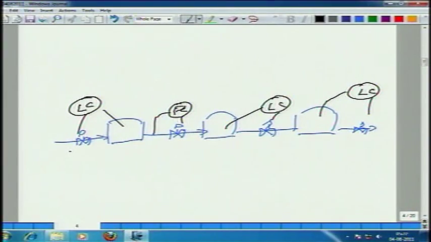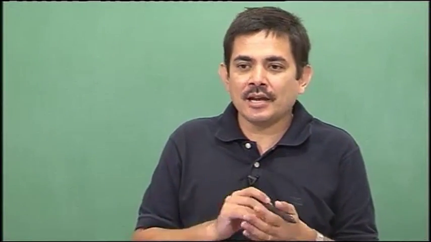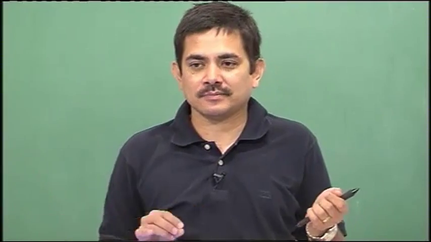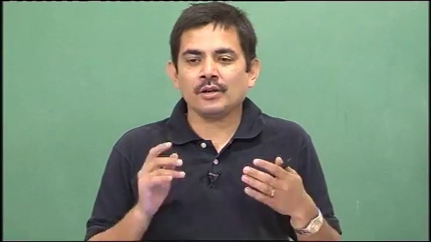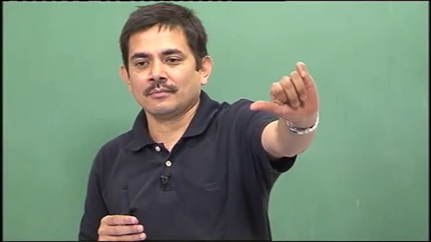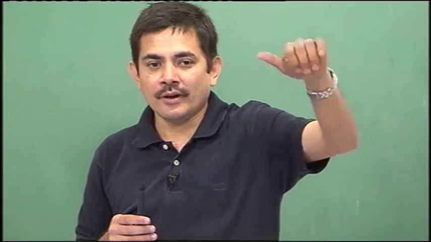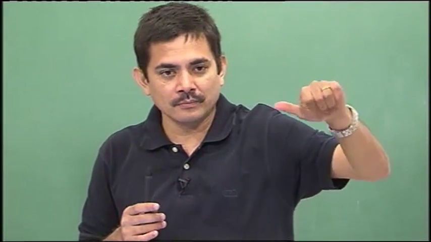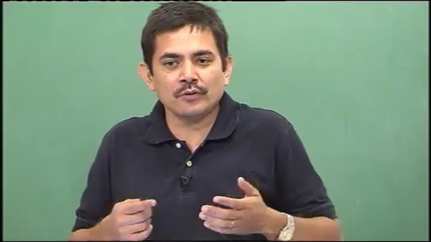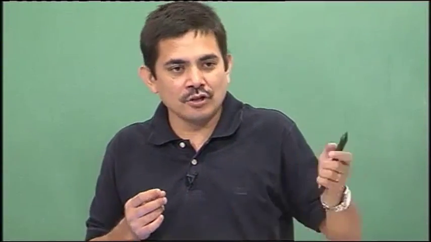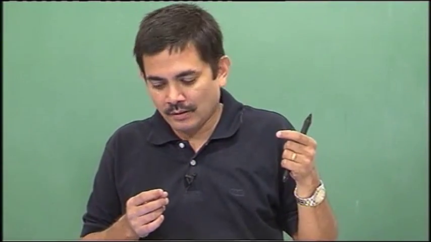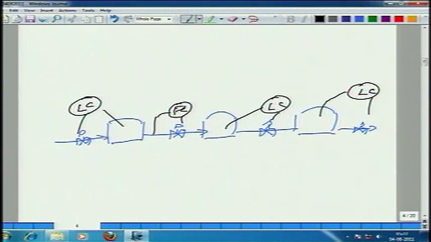So, the throughput in many situations can be set anywhere inside the plant. By default I am saying we will set it at the feed, but in many situations where the feed is a degree of freedom, that means the throughput is a degree of freedom, you are free to set it, it is not being set by an upstream process. Well, then you can set it at the feed, you can set it at the product, you can set it somewhere inside in an intermediate stream, and a control system can be made.